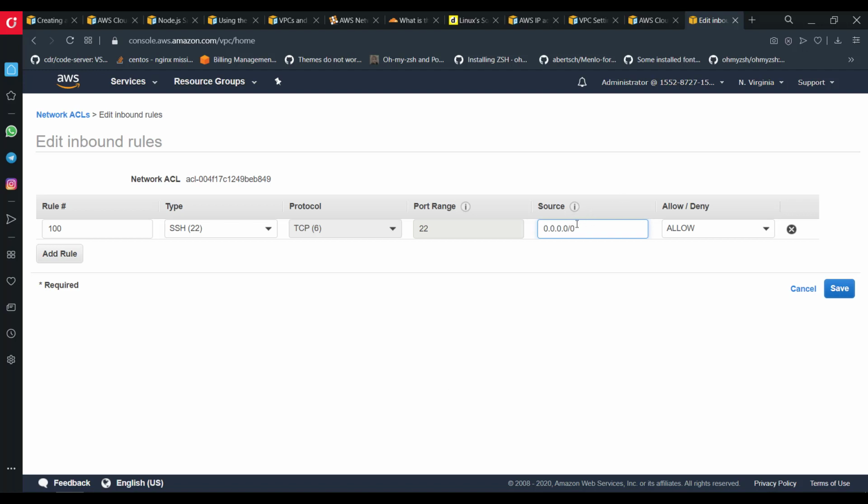There is another reason for me leaving this at all zeros. Notice earlier when I told you that ACLs, or access control lists, can be attached to multiple subnets. Now, if you're attaching these rules that we are going to populate in a minute to multiple subnets, you would want them to be as general as possible, meaning that they can work for any subnet. So imagine you put your IP address there at the source instead of all zeros, and you attached this ACL that we are creating, which we named CS class ACL,